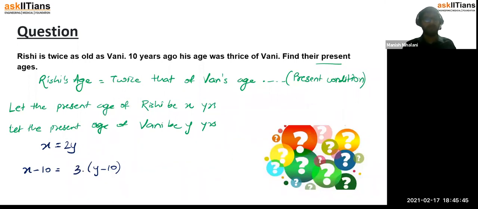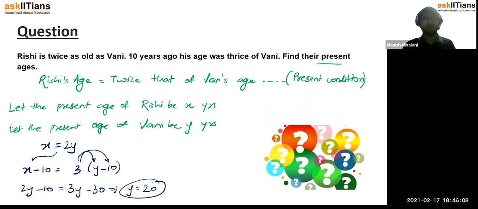So 10 years ago, Rishi was thrice as old as Vani. Now let's solve. Substituting x is equal to 2y in this equation, 2y minus 10 is equal to 3y minus 30. We have just used the distributive law here, right? 3 into y minus 3 into 10. So 3y minus 2y gives us y, and minus 30 gives us plus 30. 30 minus 10 is 20. Which means Vani's age is 20 years,